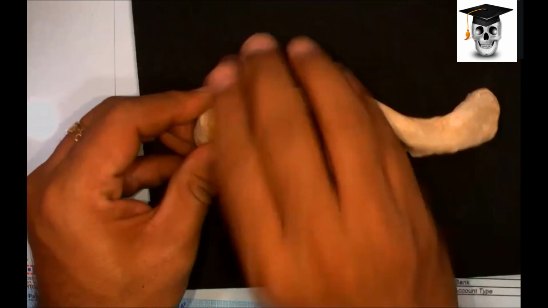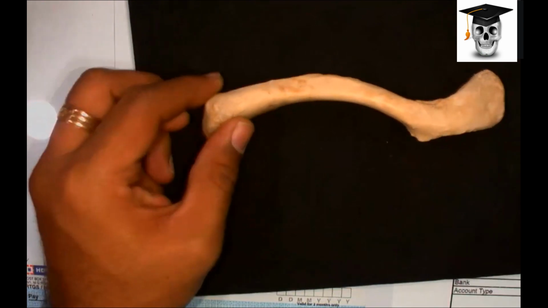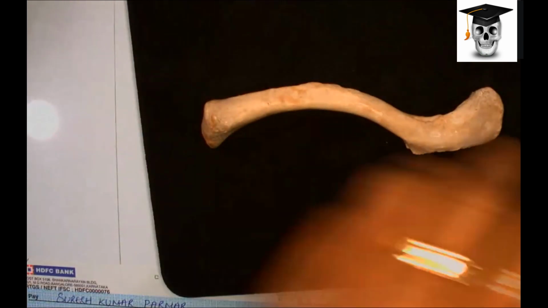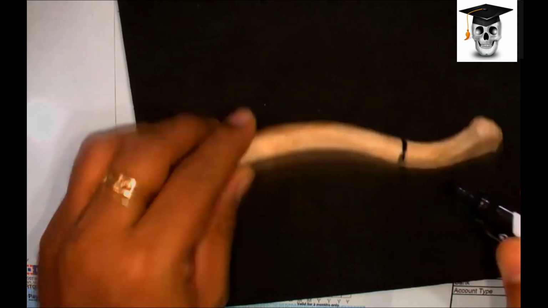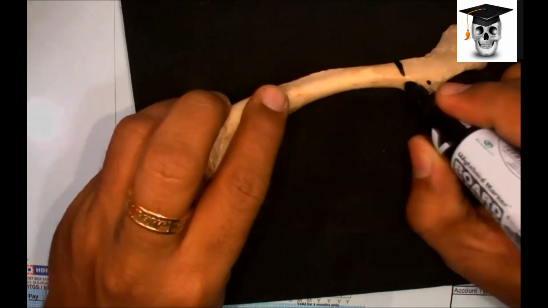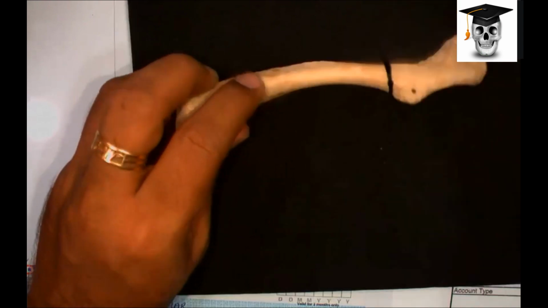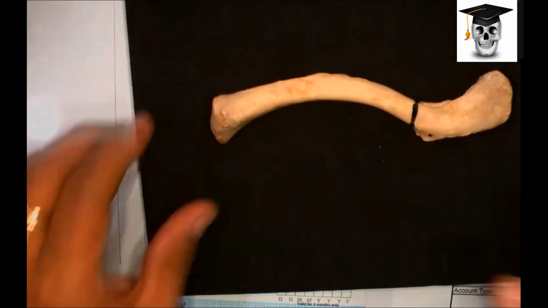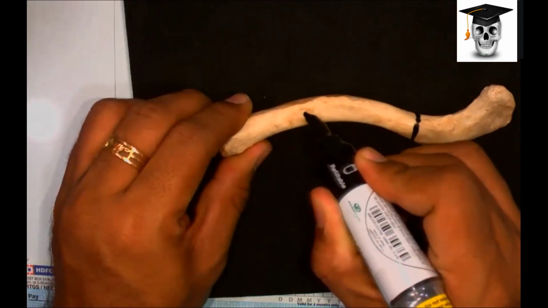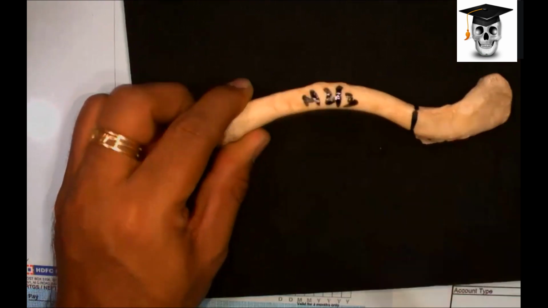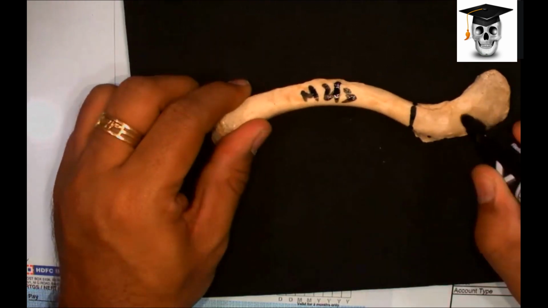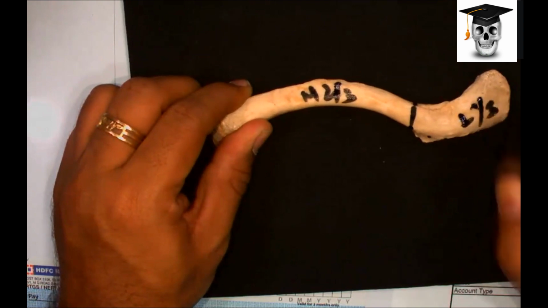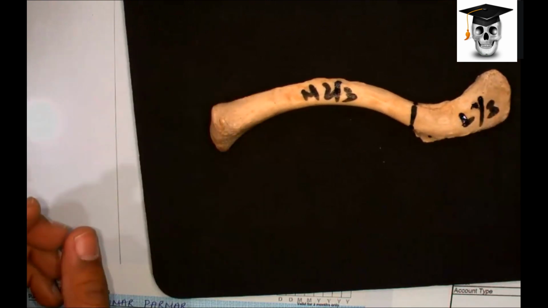It's somewhere here till here. I can possibly mark this. That is the demarcation of your medial and lateral parts. This is your medial two-thirds, which is cylindrical, whereas this is your lateral one-third, which is flat. All fine.